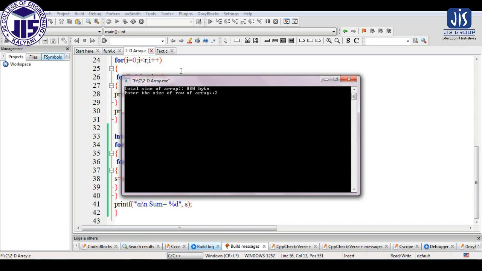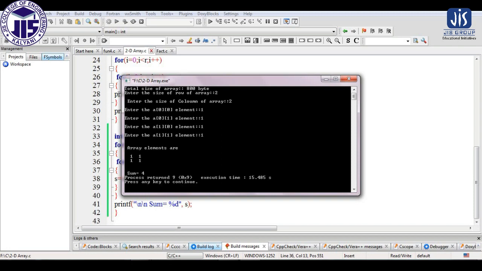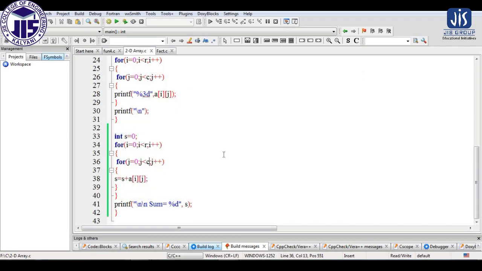So I am taking very small inputs here, a very small 2-dimensional array, with only 4 elements. Okay, so let us consider all elements are 1 for verification. Okay. So the sum we are getting is 4. Yes, if I perform the sum operation of all the elements of the array, I will get 4. So in that way, we can perform any operation on a 2-dimensional array.